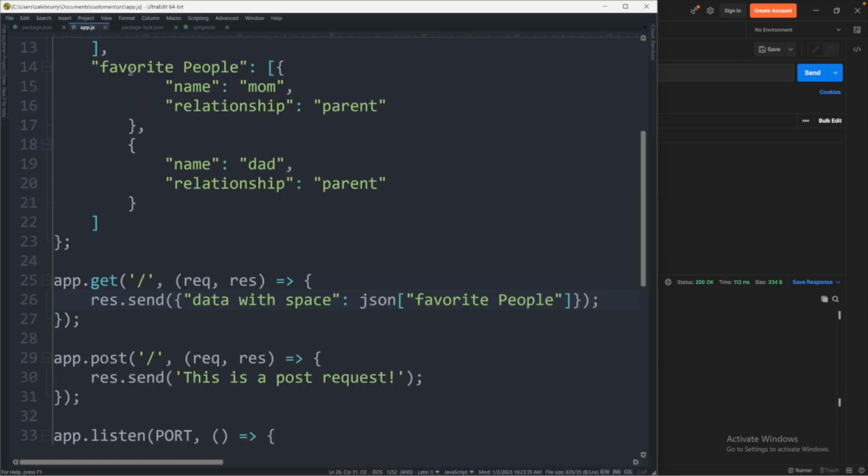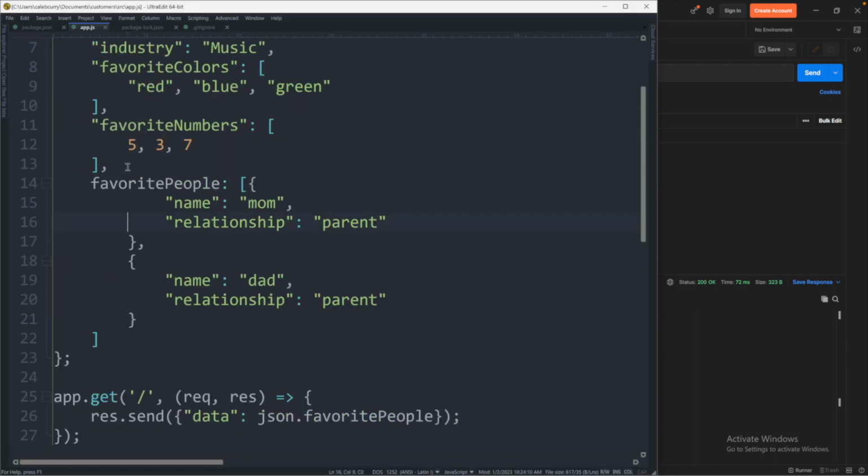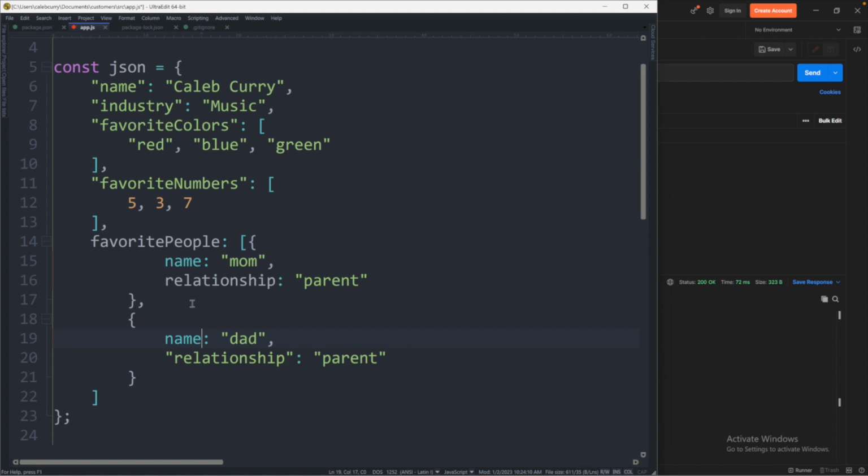So if instead we just didn't use quotes at all here and did not have a space, we should be able to just use the dot operator like so, removing that space as well. And we'll put this back to just data. All right, cool. So that works. So you can see we don't actually need quotes in the properties for the objects in JavaScript at all. So we could, in theory, go up here and remove all of these quotes, and everything should work exactly the same way. But instead of going through in here and updating everything, what I want to do is I actually